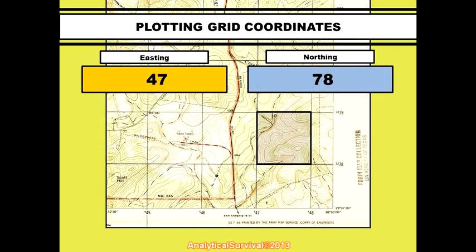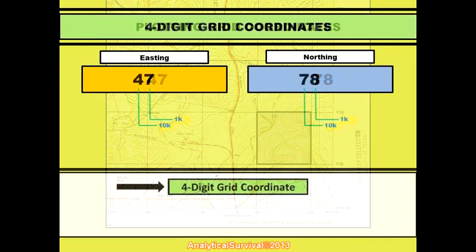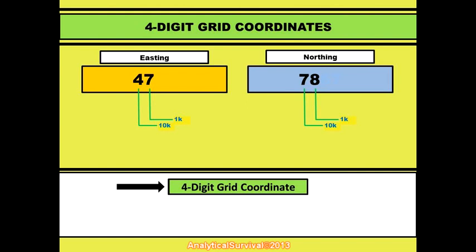And here's our plot, 47 kilometers easting by 78 kilometers northing. This kind of place value matching makes finding 1 kilometer grid squares extremely easy. It's also important to note that when you have a combined 4-number coordinate, that is 2 numerals in the easting and 2 numerals in the northing, it's technically termed a 4-digit grid coordinate. And a 4-digit grid coordinate in a 7.5 minute 1 to 24,000 map always renders a 1 square kilometer grid